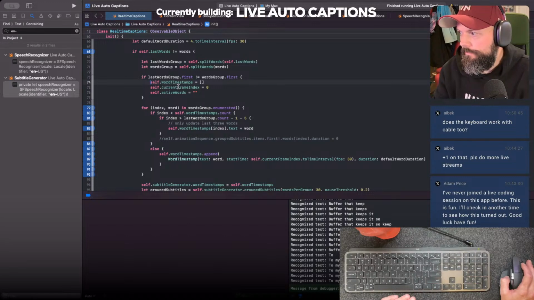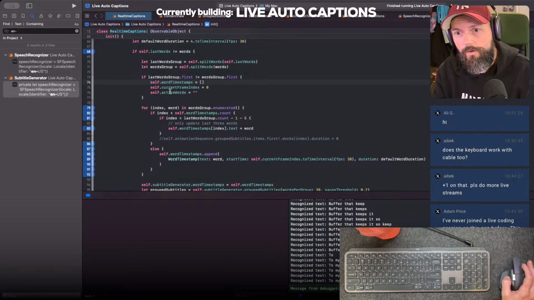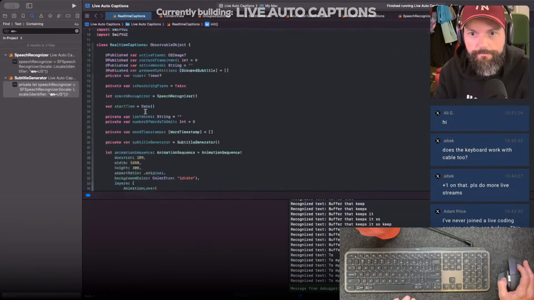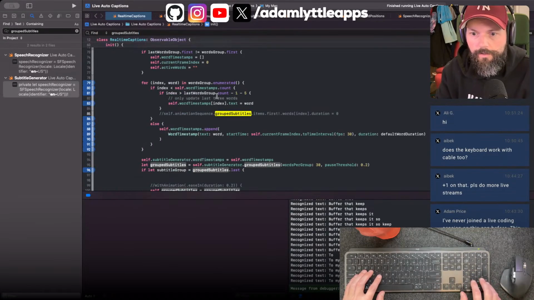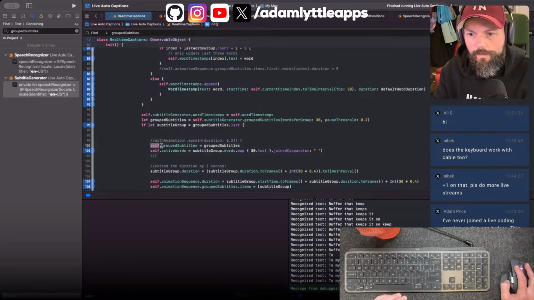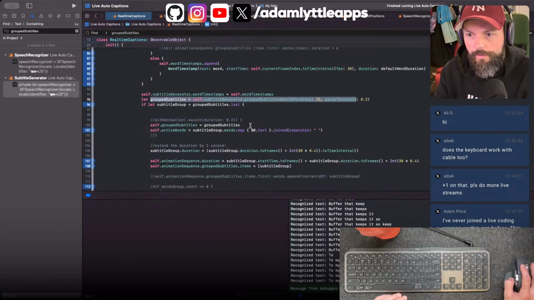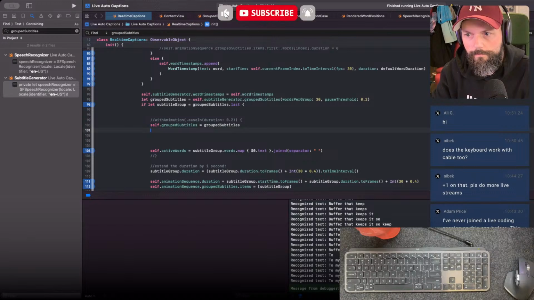So what I want to do is create a running buffer of all of the subtitle groups that I've created. So group subtitles at the moment, I'm just setting it as that. So I'm grouping the subtitles from the buffer that comes in to the text to speech, speech to text. Now what I want to do is just add the buffer. In doing so,